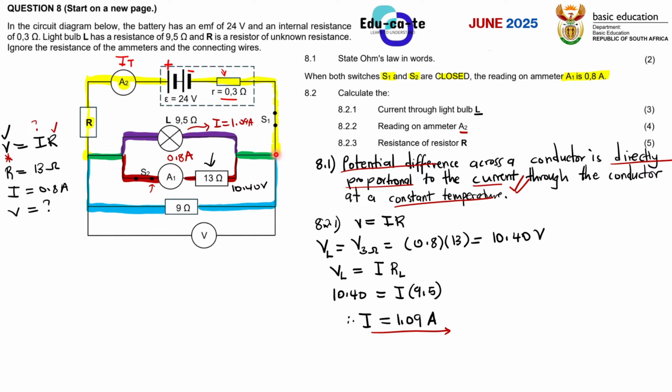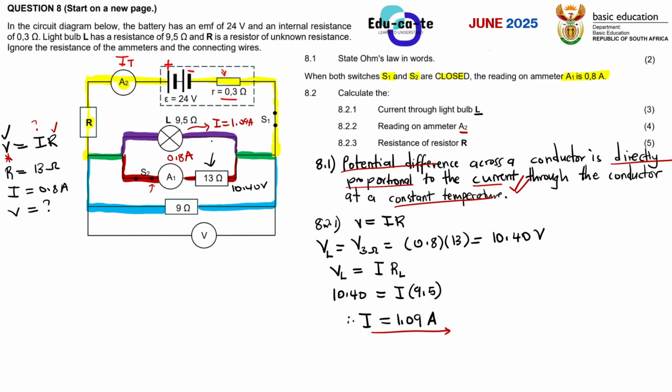So similarly here, if we're able to calculate this blue current, which is the current through the 9 ohms resistor, and this green current, which is the current that is going through this entire thing, this entire light bulb and this 13 ohms resistor, if we combine them together, we're going to get the total current. So let's now get to getting the total current. How do we do that? Well, it's simple in this case, because you can see that here we're having the 9 ohms resistor, right? We don't really have any other information about it.